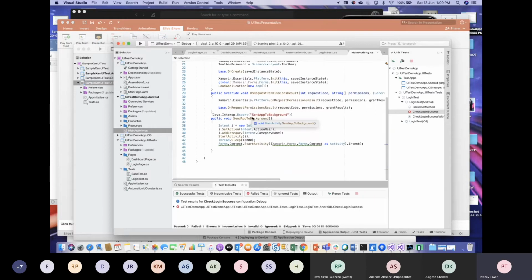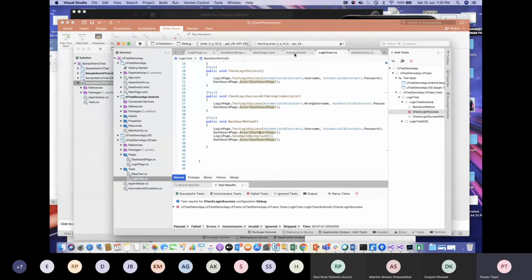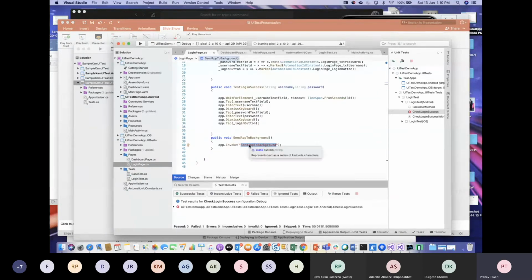Here the namespace which we have used is Java.Interop.Export. It will export, or expose, this background method to my UI test. So this is the mandatory thing. And if you can see, the signature I have given for this is the same.